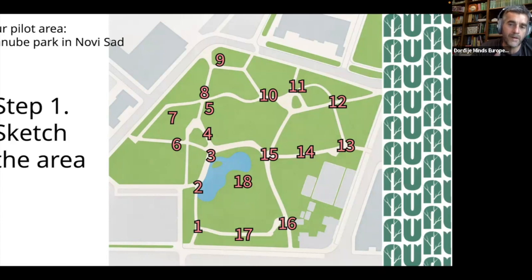So you have some kind of schedule of which photo is from which part of the park, because when you open the photo on your computer, it's not that clear unless you are in a 360 player, so you will not be able to see what is in the photo. So it's better to put these labels. I put numbers, somebody puts a combination of letters and numbers, whatever you want, but you need to label them perfectly.